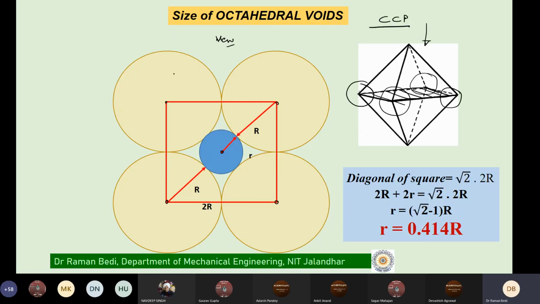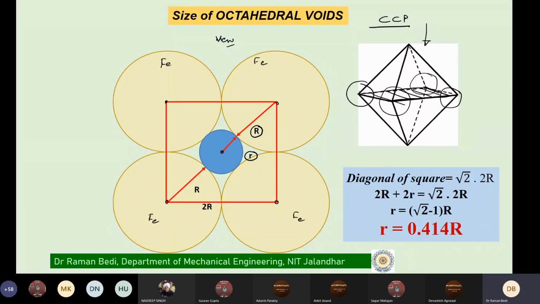You can see here that I'm talking about the larger atoms. If the larger atoms happen to be iron atoms, I can just say that they are available to us here. And I want to put a smaller atom inside, which may be a carbon or something else, or I say it will have a radius small r. So I'm again talking about the two terms, the radius of the larger atom and the radius of the smaller atom.